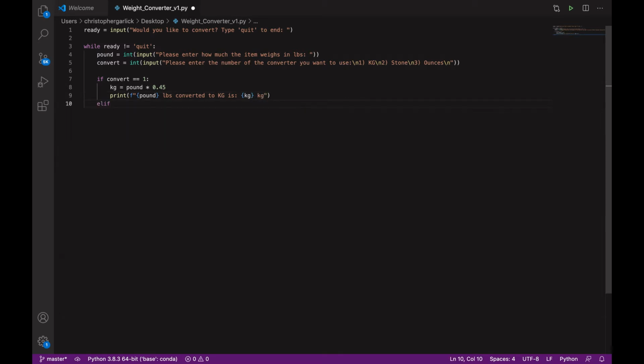Next, we will use the else if statement and say else if convert is double equal to 2. We will create a stone variable and do pound times by 0.07. And now we will print pound converted to stone